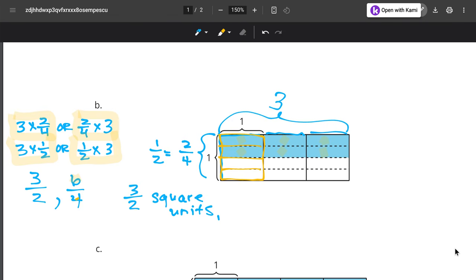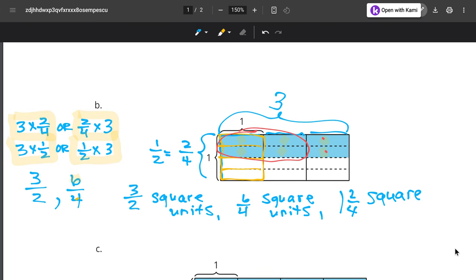But we could also report it as 6 half square units, or 6/4 square units. And if we go ahead and turn these into wholes, which some of us are really getting good at doing, if I know that 4 of these make 1 whole, then I can say I have 1 whole and then I have 2/4 of another whole. So we could also report it as 1 2/4, or 1 1/2 square units. So I have 1 2/4 square units,